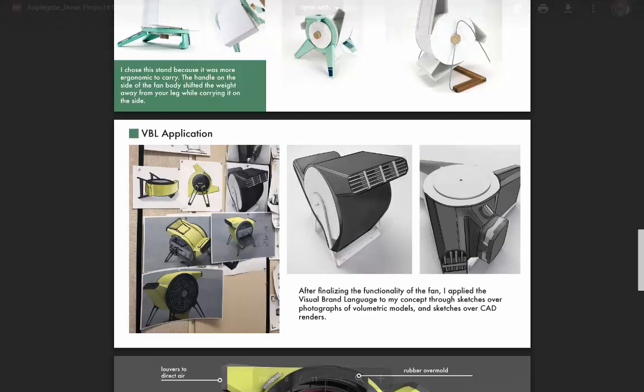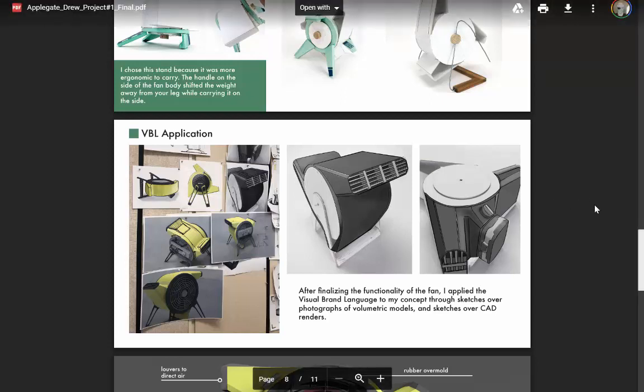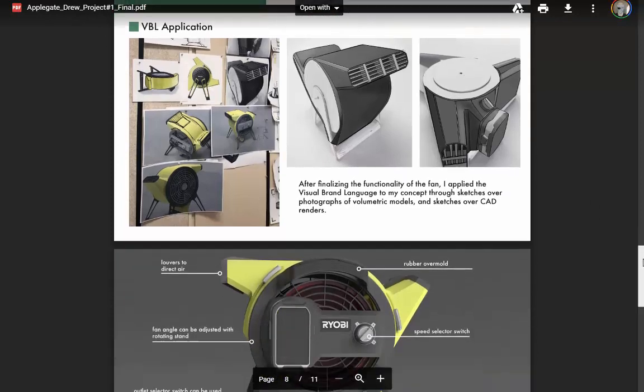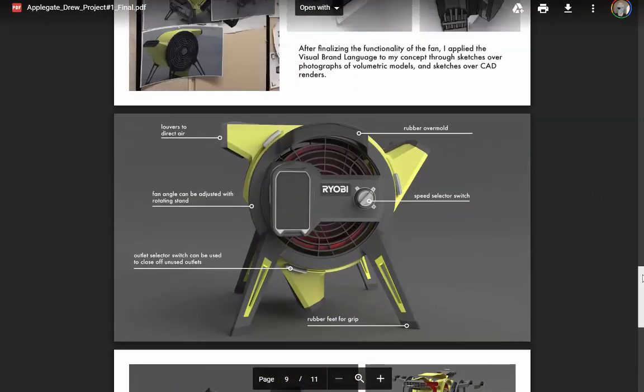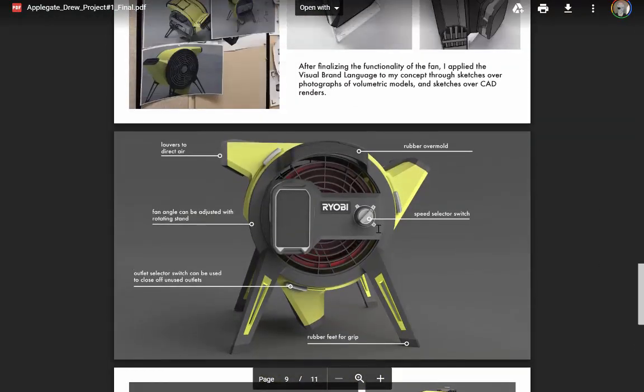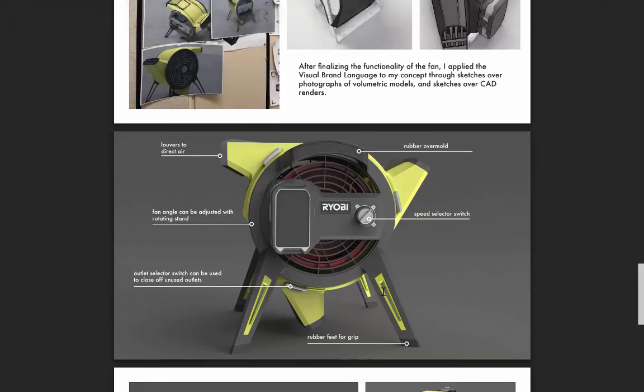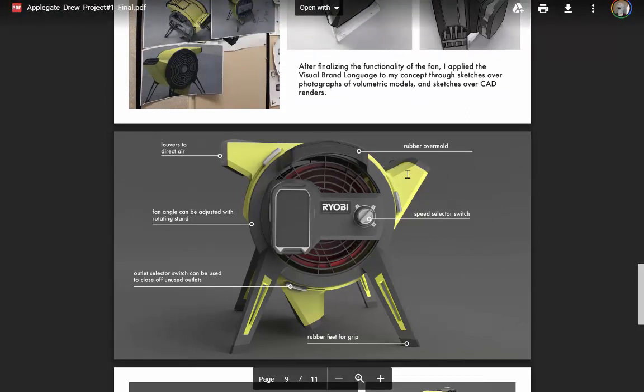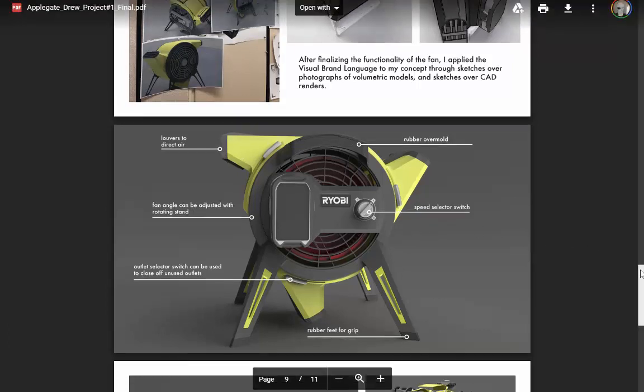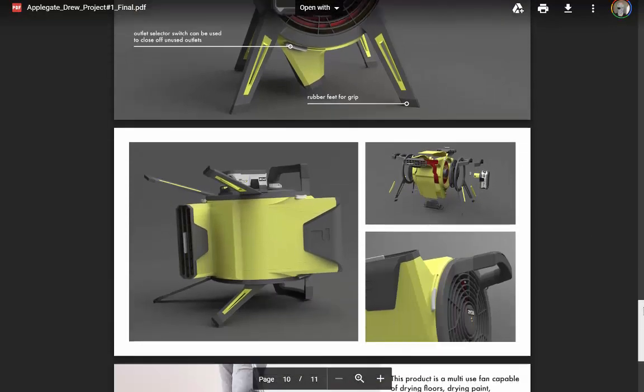That does, but there's sketches on a wall, so it's kind of hard for me to pull out and tell aspects of the VBL. What I want are like two images sort of like this, and maybe an exploded view detailing what functions it has, and then an image very much like this that talks about the visual brand language you pulled in from Ryobi's larger line.